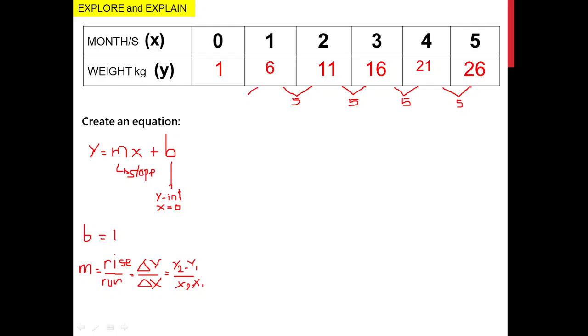Here, also, this can be my y2, this can be my y1. 6 minus 1, that is 5. Now, notice here, we have a common difference between two values of y. Now, if we have a common difference here, when we subtract the values of y by its preceding term, this means the function or the relation between this table and this table between x and y is linear.